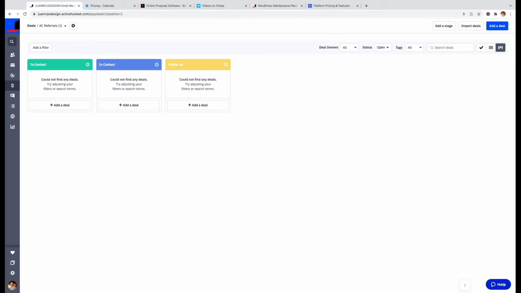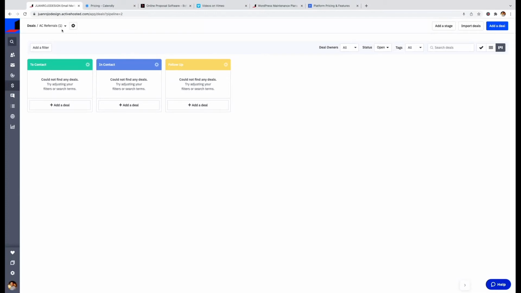And they can be as elaborate as you want them to be, depending on the type of organization that you have, or quite simple if it's a company like mine, a creative, where I just sell WordPress maintenance plans or design a website for you, or an email marketing campaign or marketing automation. But bottom line is, a sales pipeline for my business is far less complex than that for a sales driven